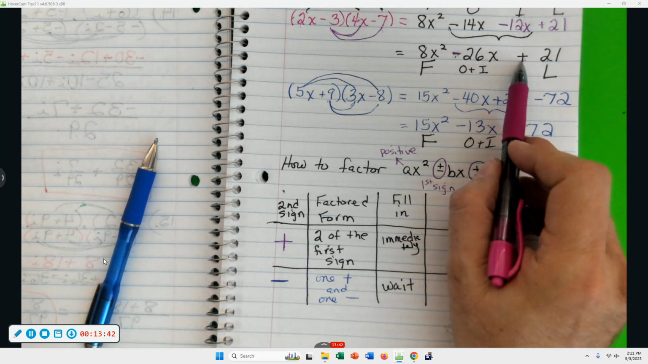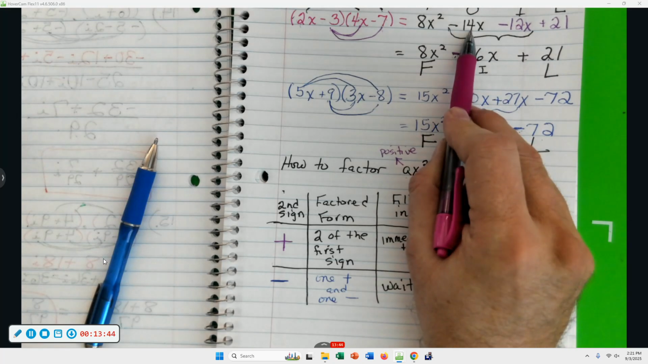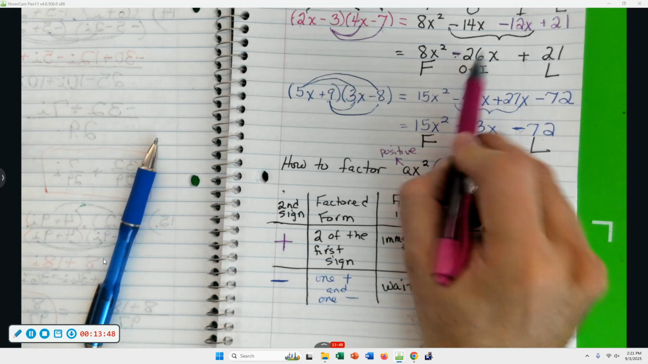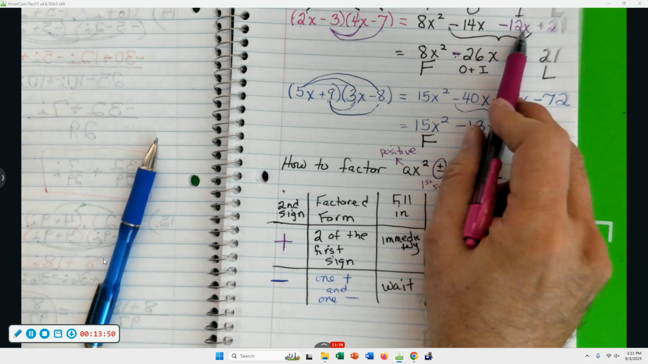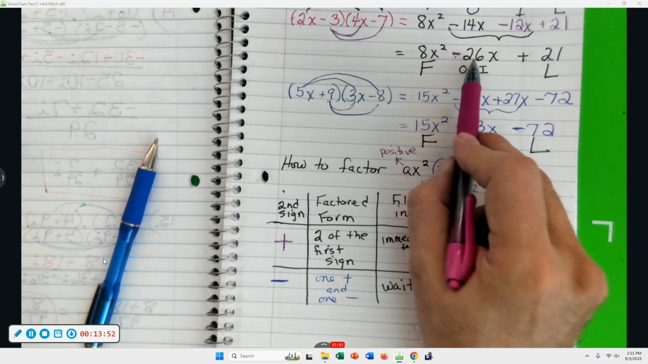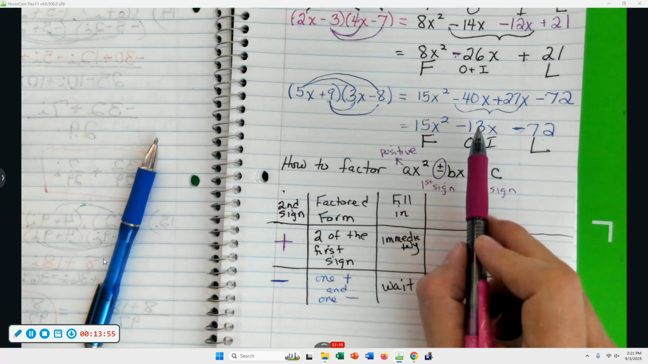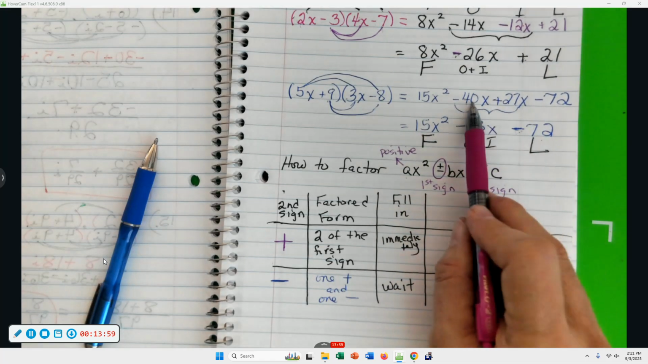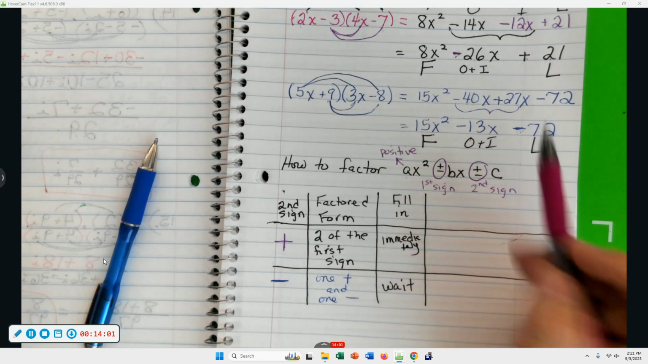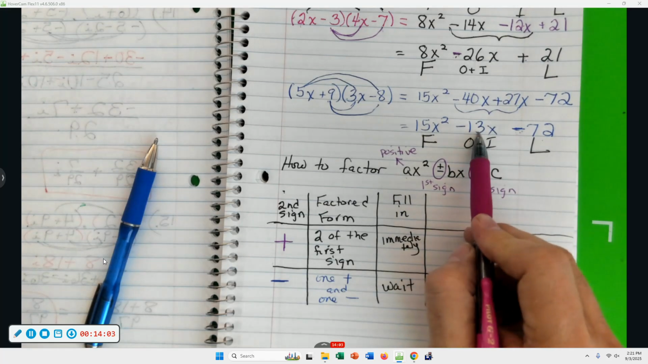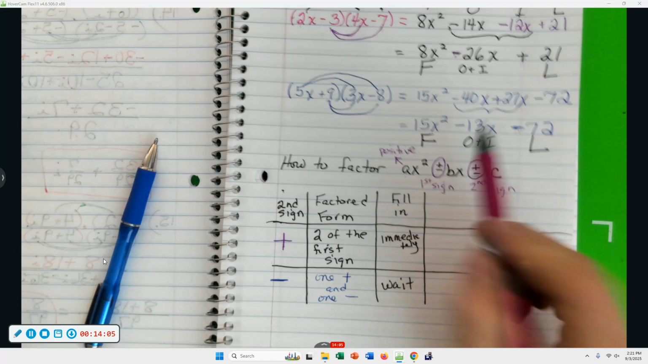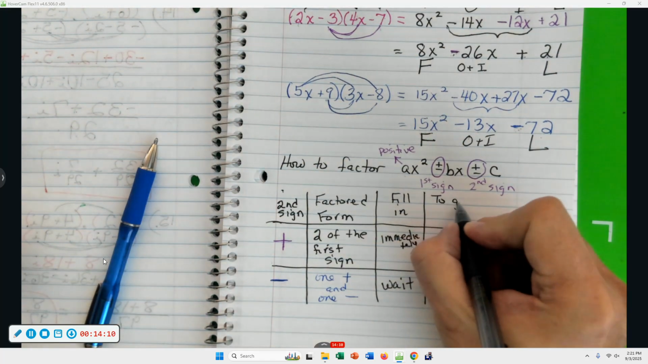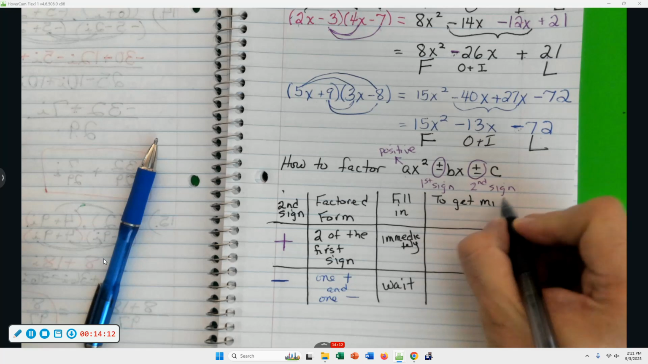If the second sign is plus, the 14 and 12 add together to get the 26. But here, when the second sign is minus, you have 1 negative and 1 positive. You're not really adding 40 and 27 to get the 13. You're subtracting. So to get the middle term